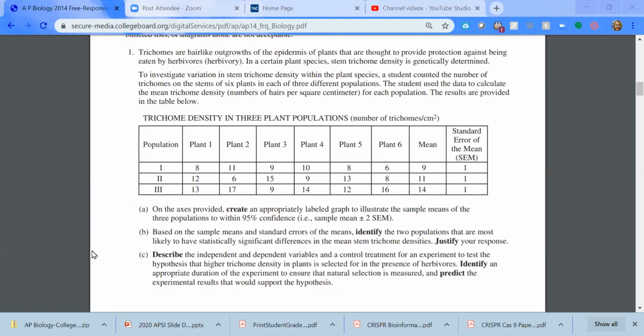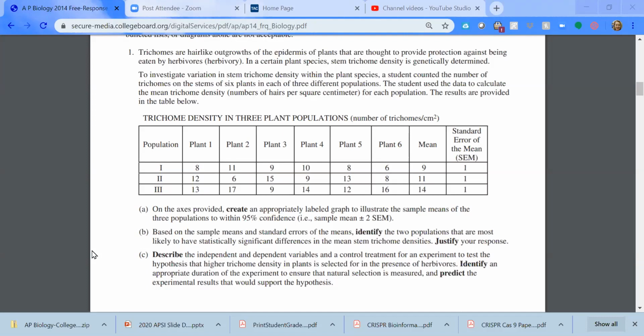The way I would do it, the independent variable would be the presence or absence of herbivores, herbivores being animals that eat plants. The dependent variable would be the mean height of the plants or the mean trichome density of the plants. The control would be the population without herbivores. You'd have to do the experiment for at least a couple generations to see how the population would change over time, and to predict the experimental results that would support the hypothesis,